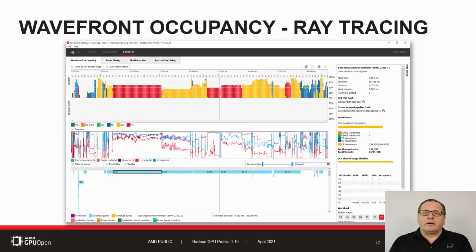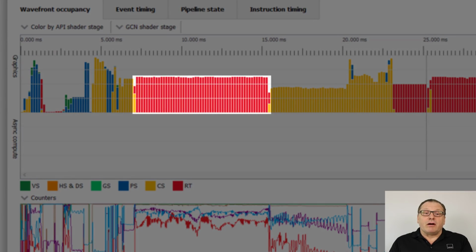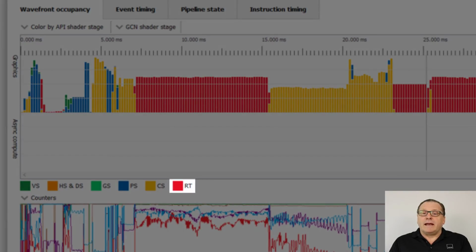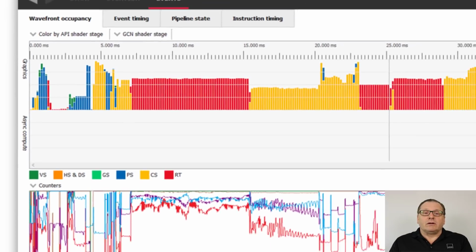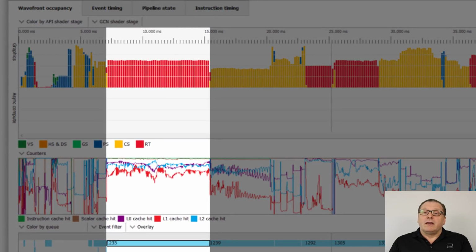So you're probably wondering what the new red regions of activity in the wavefront activity graph are. Just under the graph, a red ray tracing stage has been added to the color key to represent the occupancy of ray tracing related events. In this view, the dispatch rays event, number 1235, has been selected in the event timeline.